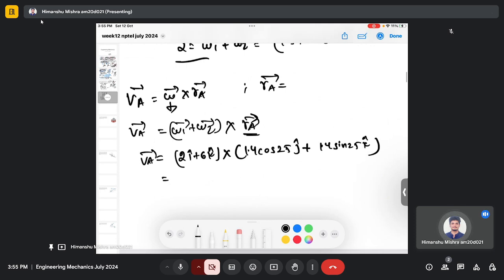So I can split this as 2i cross 1.4 cos 25j plus 1.4 sine 25k, plus 6k cross 1.4